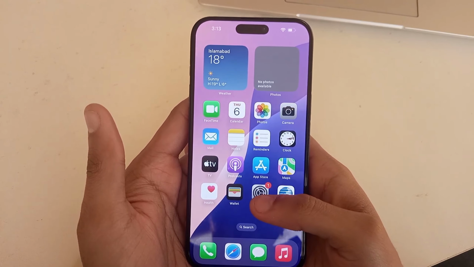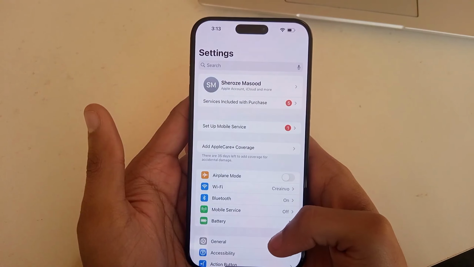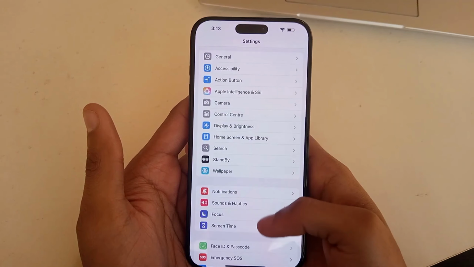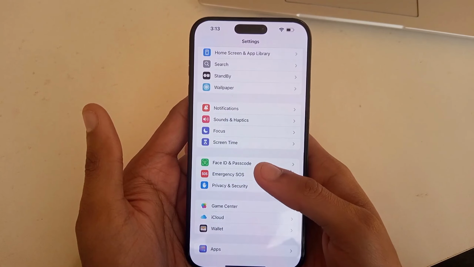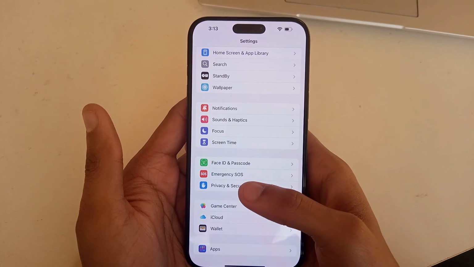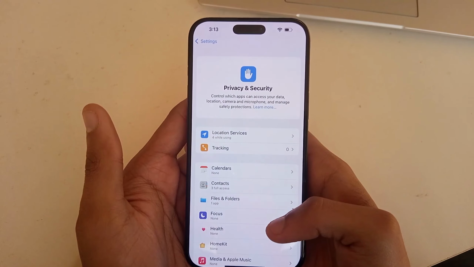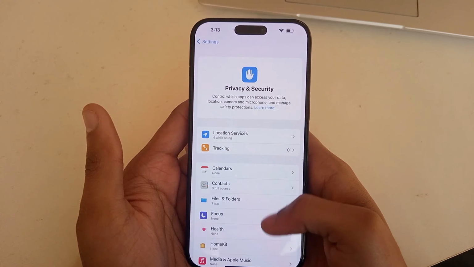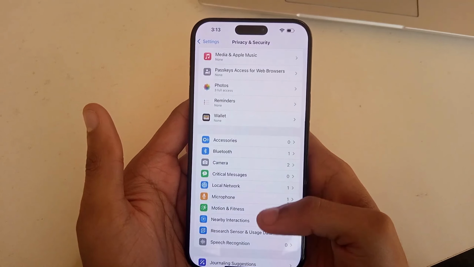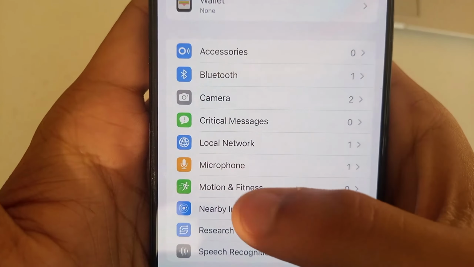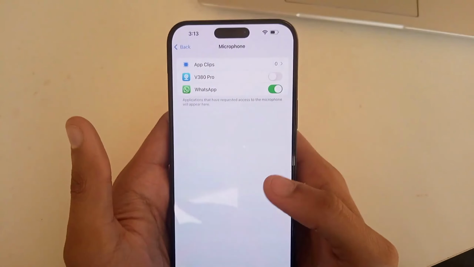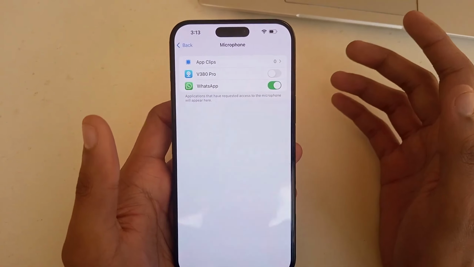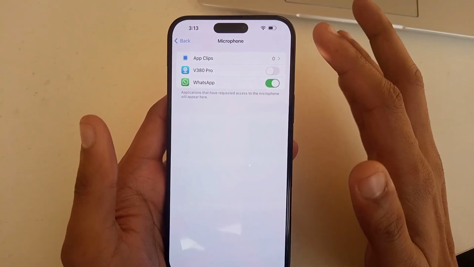So what you need to do is go to the settings, and after going to the settings, scroll down and go to the privacy and security settings here. And after going to the privacy and security setting, you need to scroll down here, and there's a microphone option here. Just tap on the microphone option, and it will display the microphone usage on different apps which you have